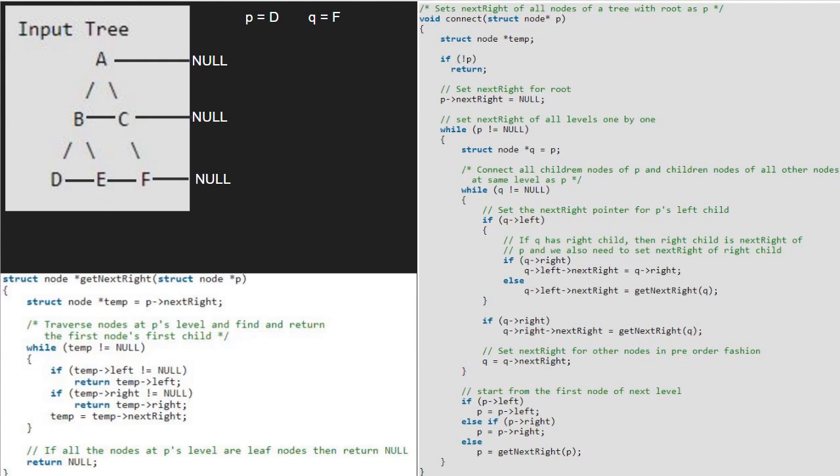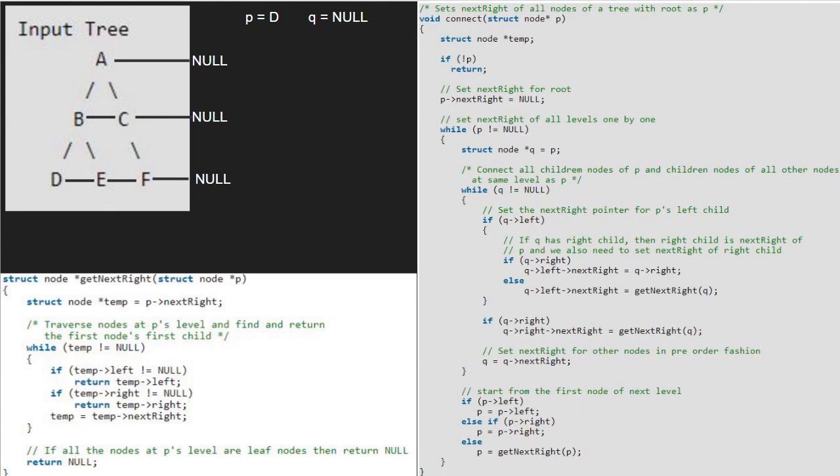As it does not have, we make Q point to Q's next right. Hence Q will point to null, which is the next right of F. As Q is pointing to null, we come out of the inner while loop. Also, as P does not have left and right child, we call the getNextRight function with P passed as parameter.